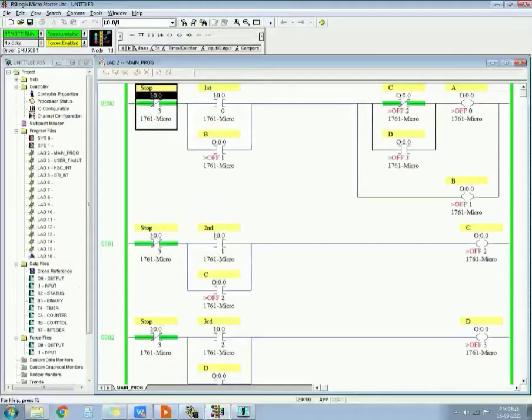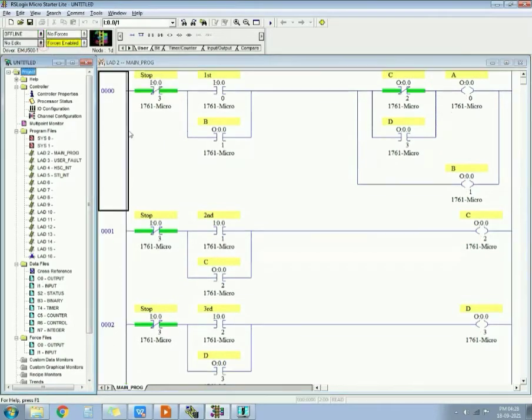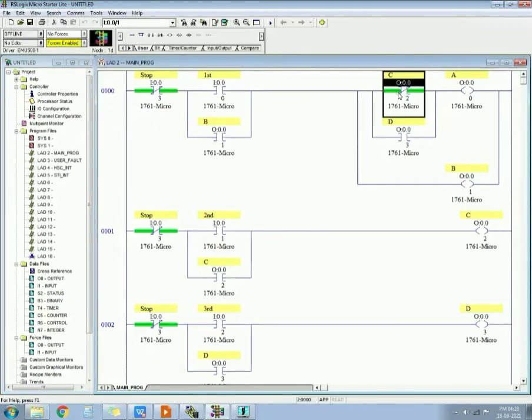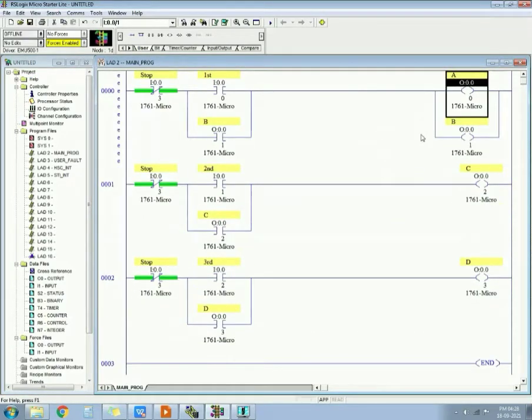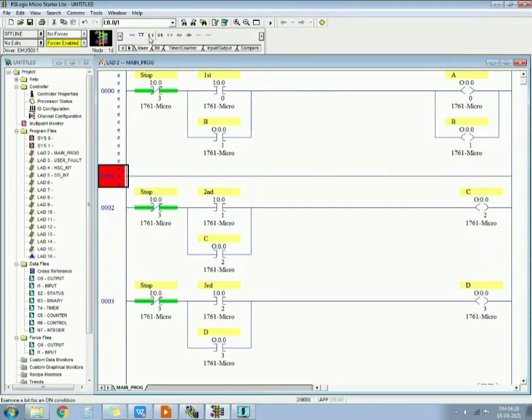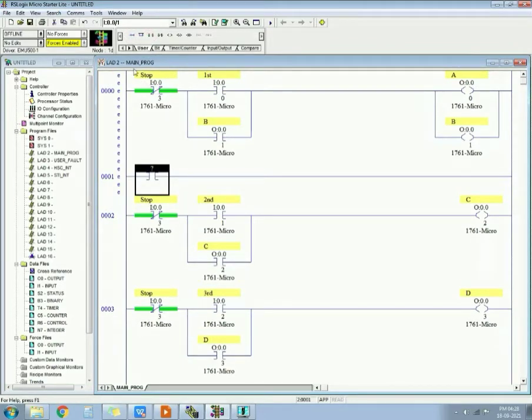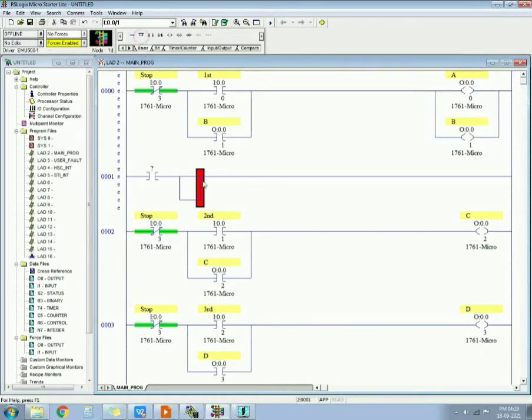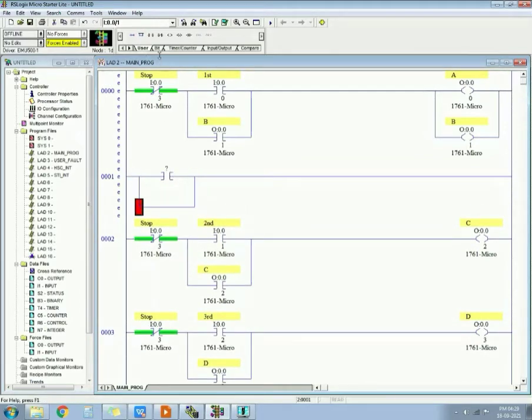Okay, so we can also do one more thing. An alternate answer for this is we can separate A and B also. Okay, we have to remove this, and what we can do is we will take another input.